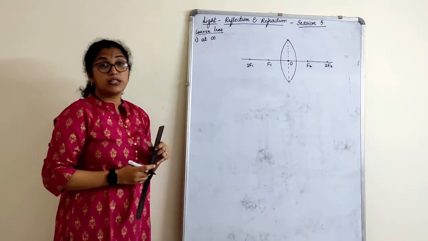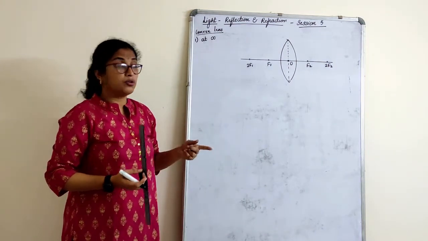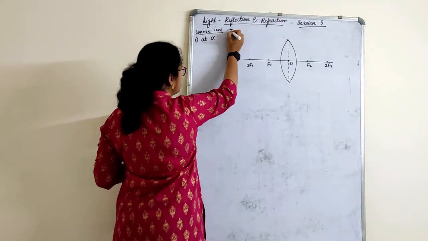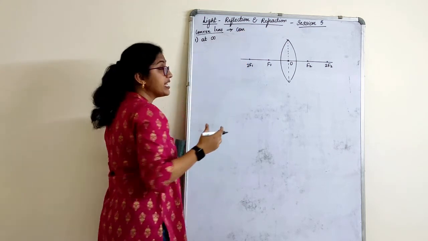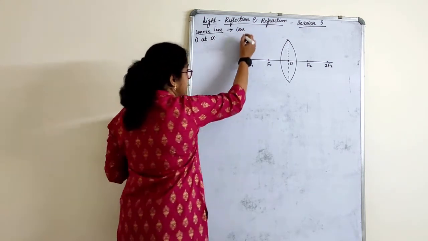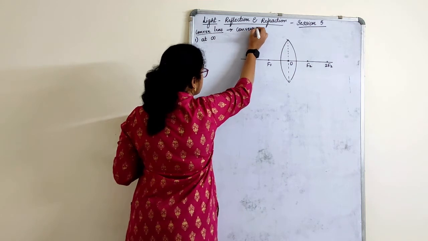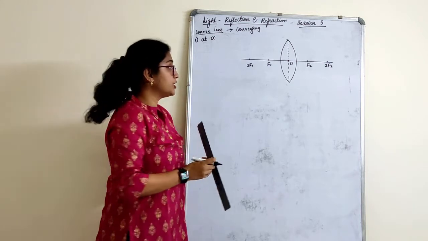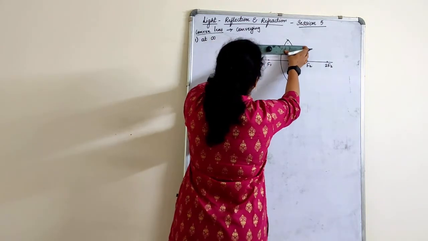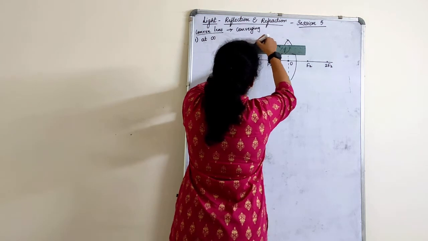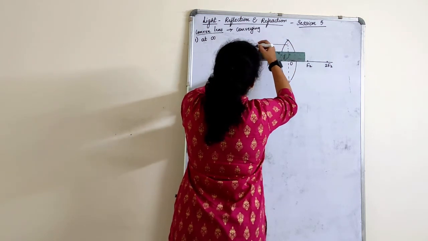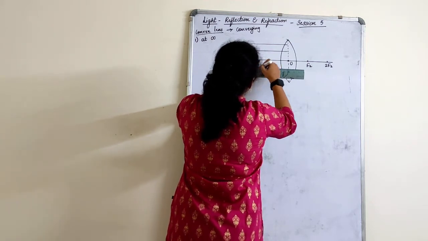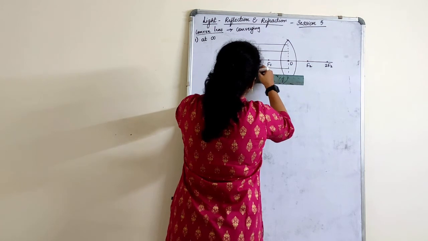Always, the object is kept at infinity. Where? We don't know. So this ray diagram for object at infinity is also known as the ray diagram to show that convex lenses are converging. Okay, this is the ray diagram to show that convex lenses are converging. So draw two rays above the principal axis. First ray, second ray. Here as well you can just show first ray and second ray.